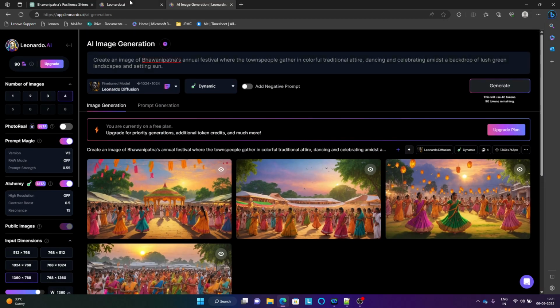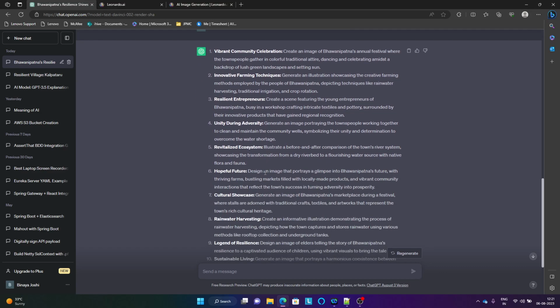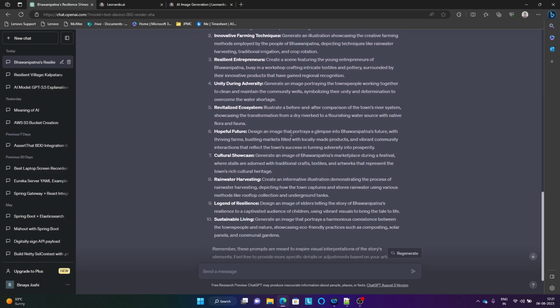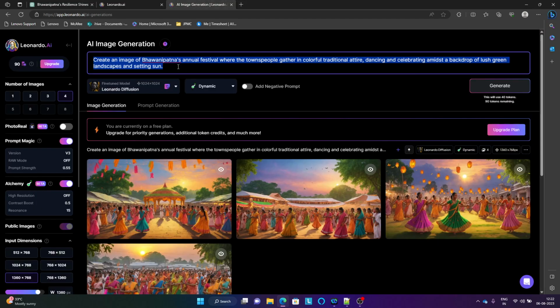Similarly, let me talk about the second point. Let's choose one of them. Farming, okay, innovative farming techniques. Hopeful future design an image that portrays a glimpse into Vanipattana's future with thriving farms. Okay, I think this one would be an interesting one because in future how it would be. So I want to see that. Let's try that one now. Okay,